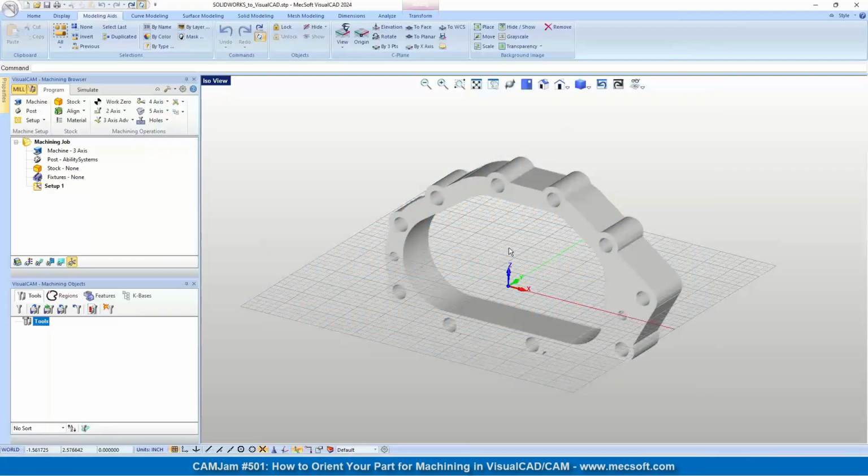So the good thing about this is that VisualCAD has a really cool utility for that as well, that allows you to orient your part based on how you want to machine it. So let's show you that. If you go up to the Setup menu, and this is on the Program tab of the VisualCADCAM machining milling browser, we're going to use the Orient